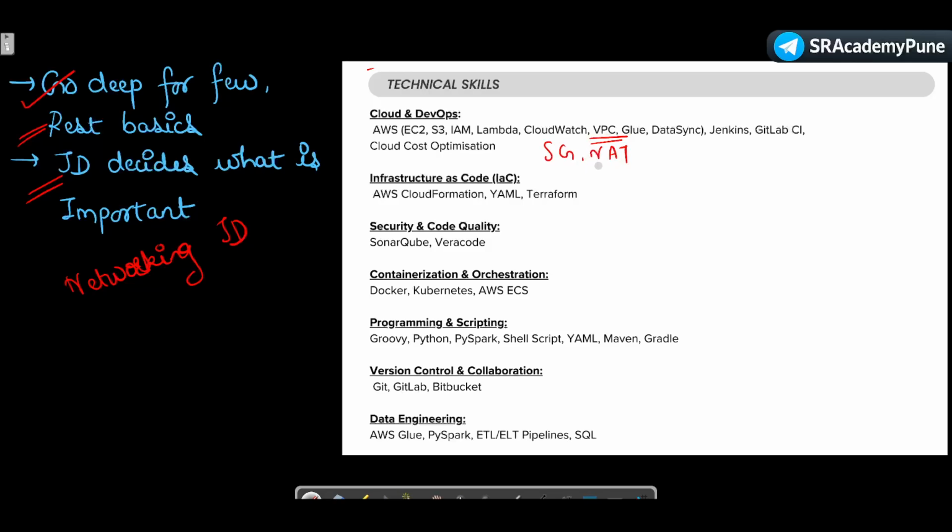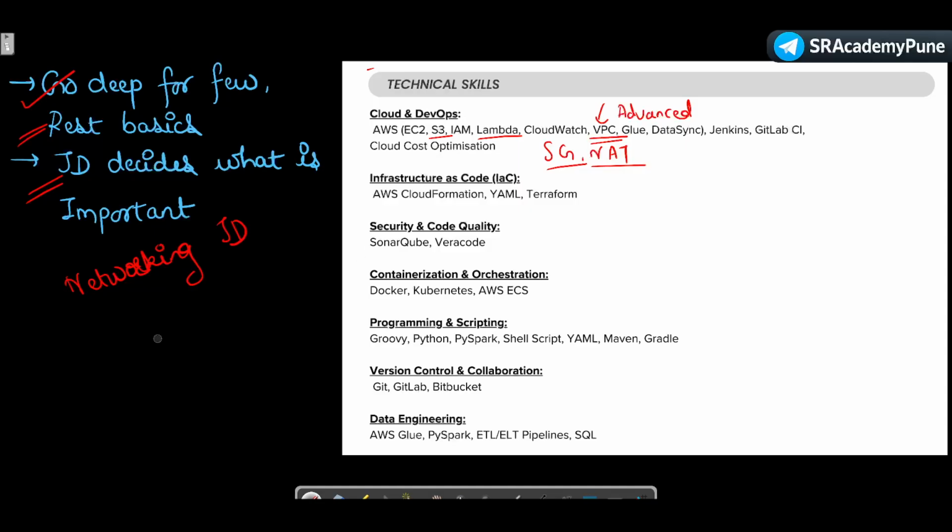Having said that, research interview questions for VPC at an advanced level, because that is what is expected. For security group, NAT gateway, and others you can go with basics, like S3 basic questions and Lambda basic questions. This is just an example of how you can handle it.